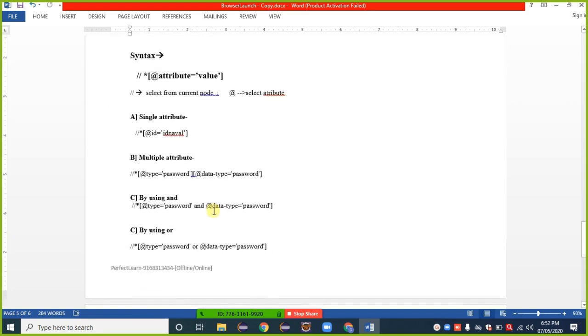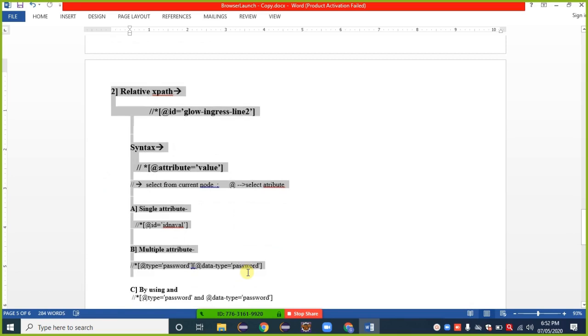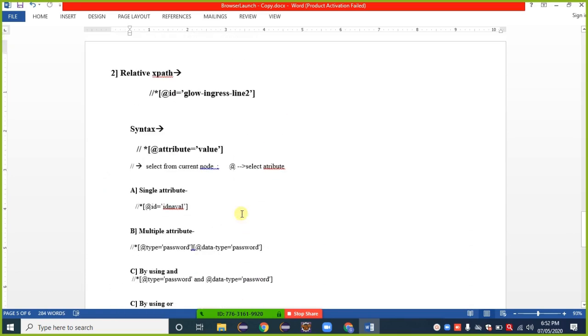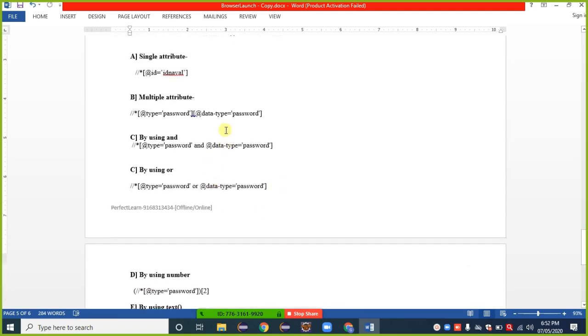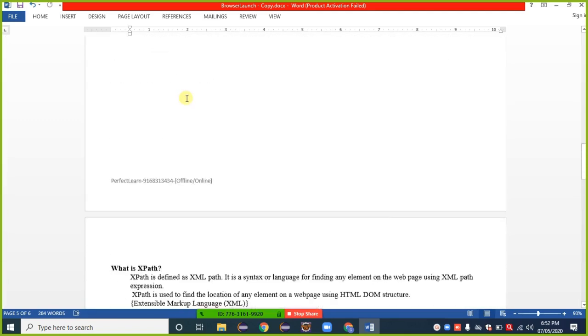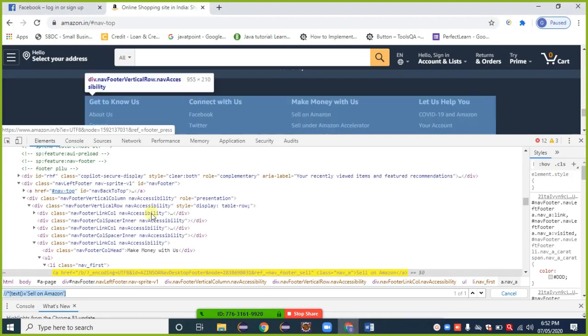Okay, so these are the different types of relative XPath available with us. We can follow any one. Keep in mind that we can directly go with the XPath also, we can directly go with the number also, or we can go with the general locator also. Here, this one. Okay, first, my sincere advice is to always first find out if ID is available. If ID is available, we know that ID is unique, so we can provide ID inside XPath also.